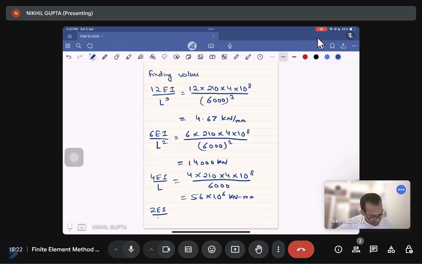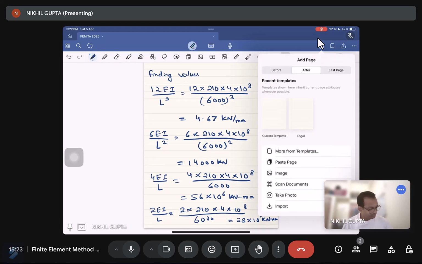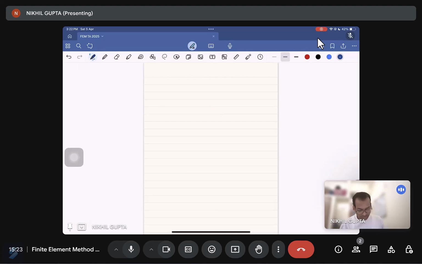Then 2 EI by L will be 2 into 210 into 4 into 10 power 8 divided by 6000. Solving, we will get 28 into 10 power 6 kilonewton mm. So I have maintained the units for each of the terms. Now when you substitute these values in the stiffness matrix,